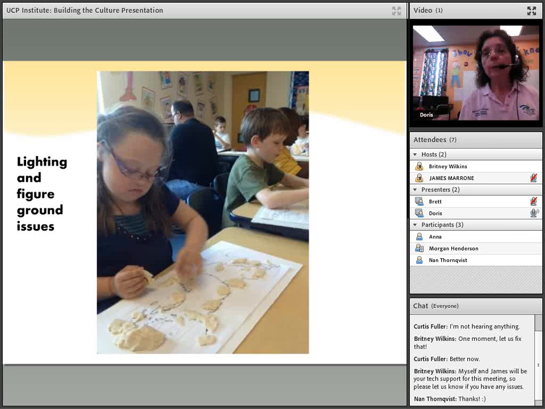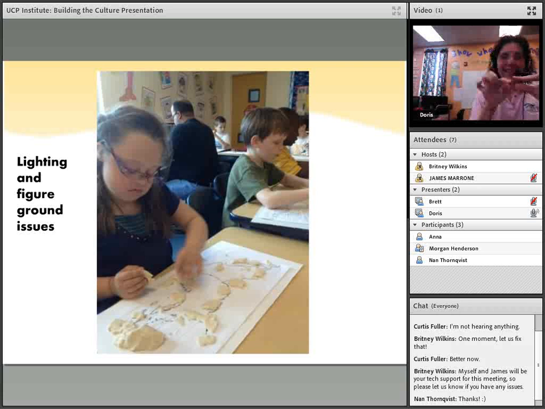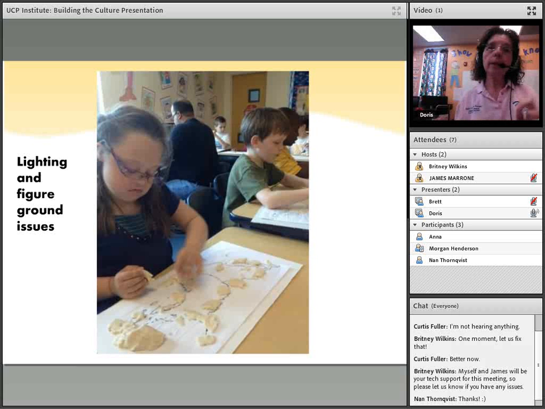When we think about physical environment, many times we don't consider the lighting and the sound. I'm going to talk about this young lady here who has a figure ground problem. And if you notice, she's sitting closer to the windows. One of the biggest problems that she has visually is that you can see her filling in those islands there, because the circle was pretty easy, and you could fill that in. But she couldn't discern between what was the land mass of Florida and what was the ocean part, the Gulf, and so forth. So if you take a look, she started filling in the ocean with a piece